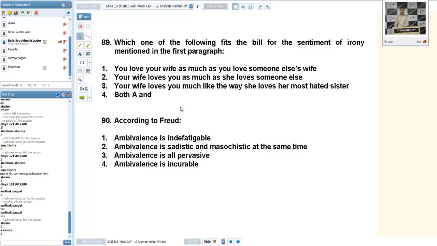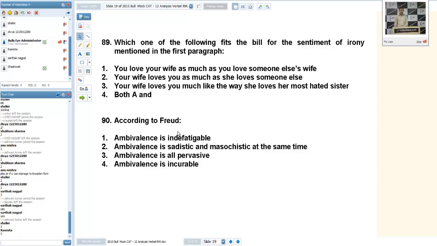Yeah, the first is very funny. You love your wife as much as you love someone else's wife. For boys, this is one of the best things that could happen after they are married. Very funny. And the second says your wife loves you as much as she loves someone else. Very funny. So third,